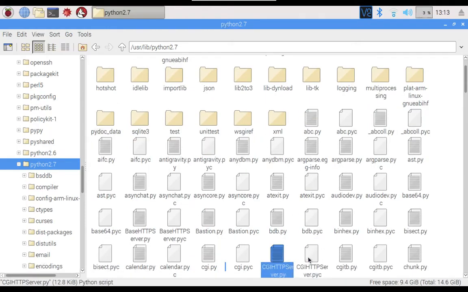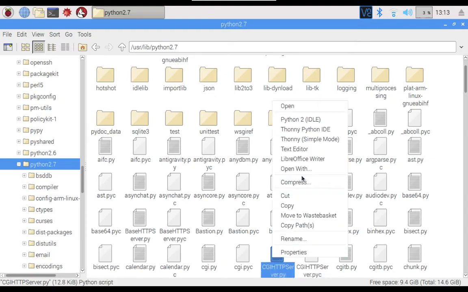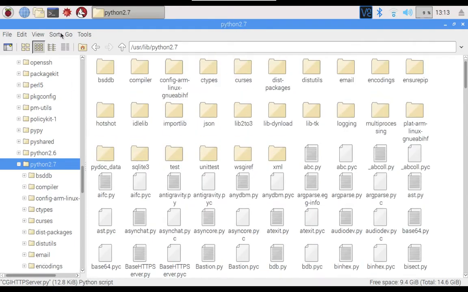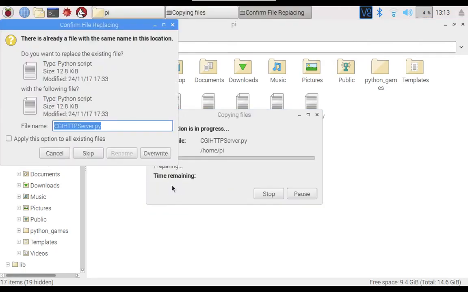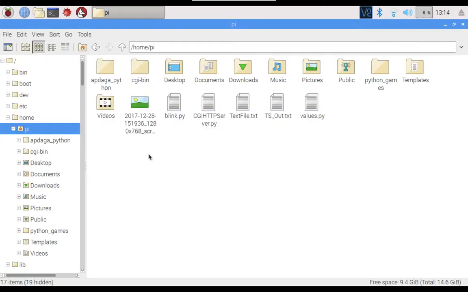There are two files, CGIHTTPServer.py and CGIHTTPServer.pyc. Copy this one, go to home, that is your home/py, and paste it here. Don't paste it anywhere else; paste it here only.